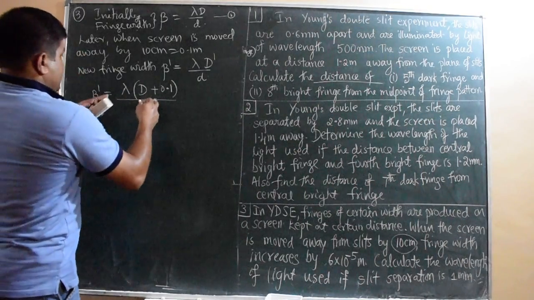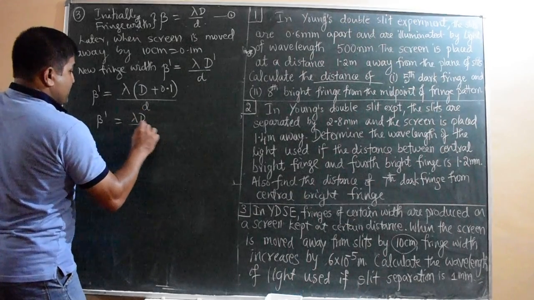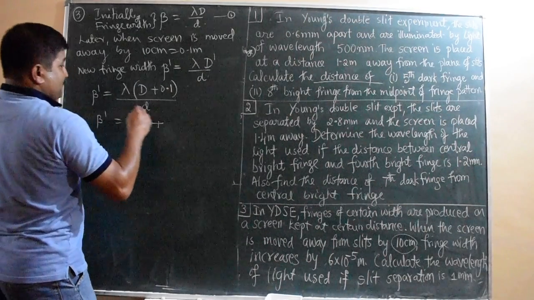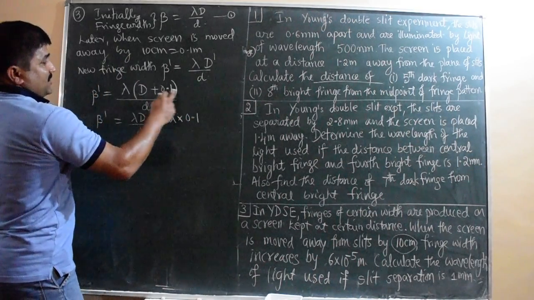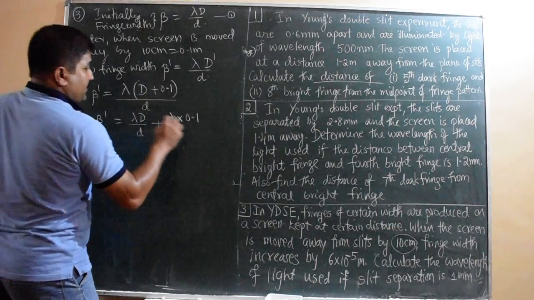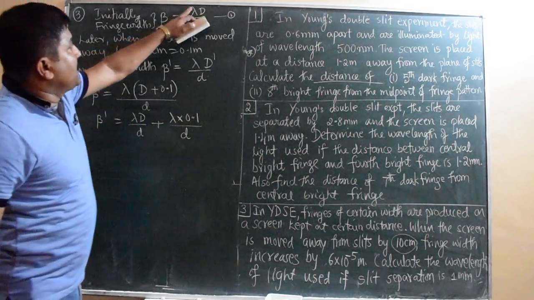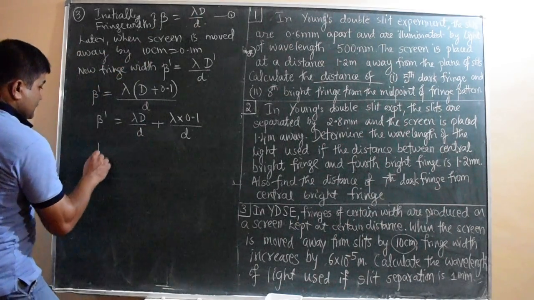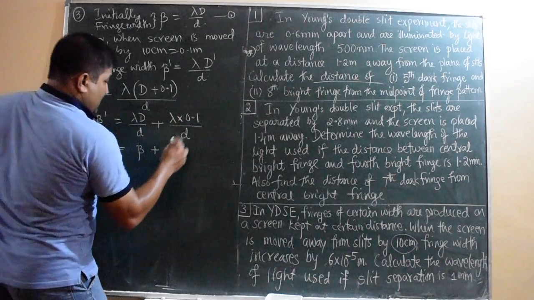Now splitting this beta dash: lambda D by d, plus lambda into 0.1 by d. Just split it into two terms. But we have lambda D by d is beta. Yes. So beta dash equals beta plus lambda into 0.1